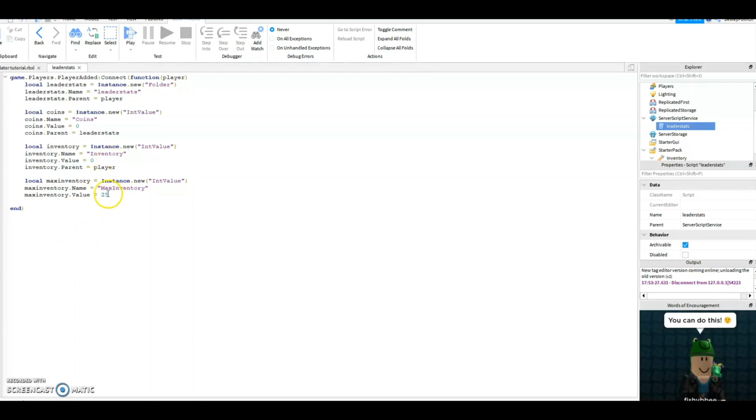Change this 25 right here to the default amount of max inventory you want the player to get. And now we can just say,